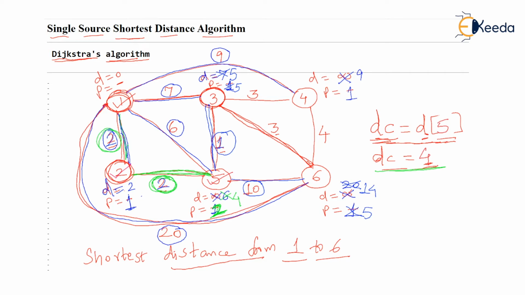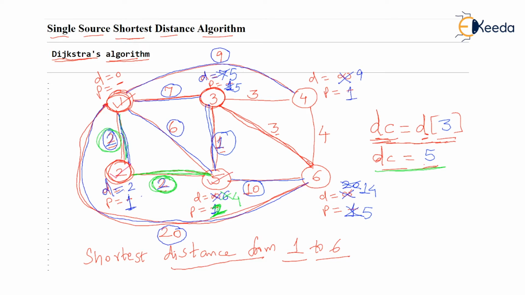Now it is time to process, I think, third vertex because distance of third vertex is least. There are 3 vertices now pending, 3, 4 and 6. Out of 3, 4, 6, 3 is at least distance, isn't it? So what are the changes we should do now? Yes, we are processing third vertex. That means we should update DC, and DC is going to be D of 3 because we are processing third vertex. So what is going to be DC? DC is going to be D3 and D3 is simplify.